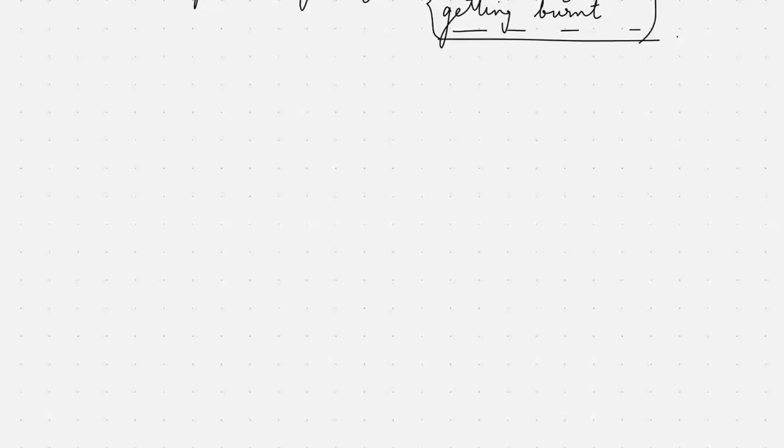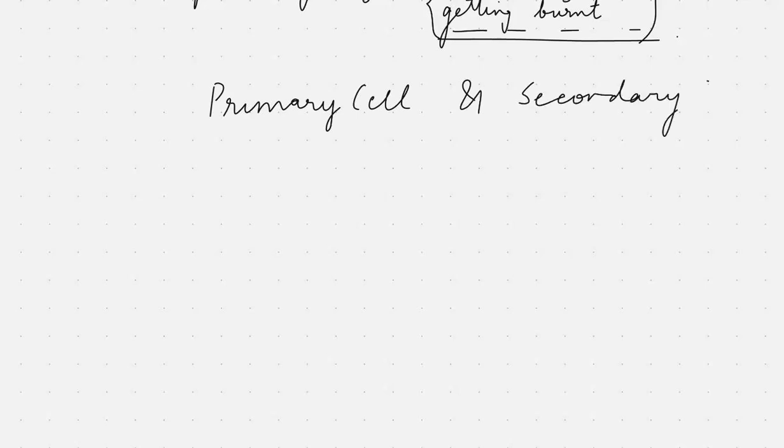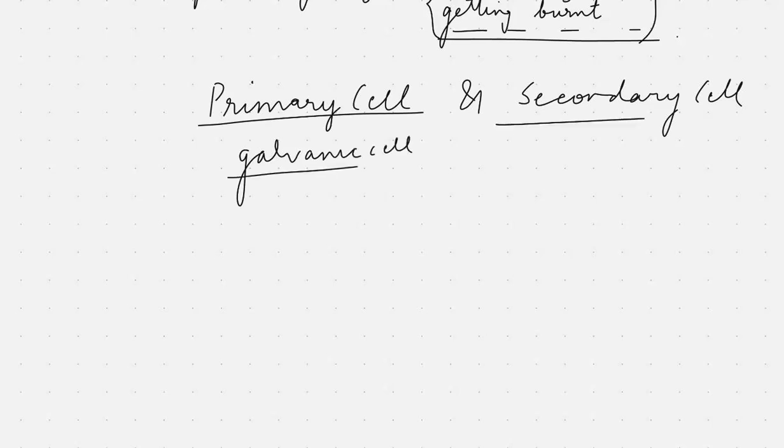Okay, now understand. Now there is a concept called a primary cell, and electrolysis is done. And we have a concept of a secondary cell. Now, what is this? A primary cell is also a kind of galvanic cell, and a secondary cell is also a kind of galvanic cell. But the secondary cells are those galvanic cells which are rechargeable,